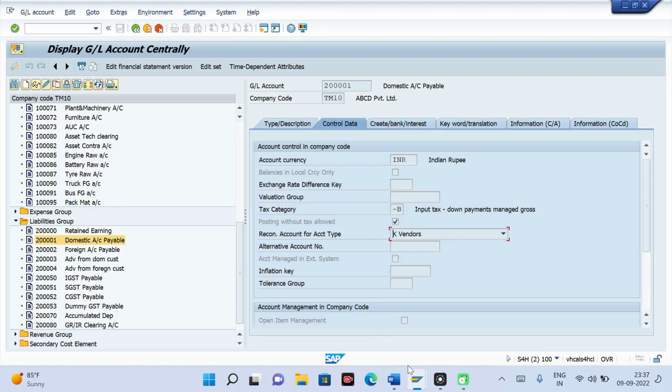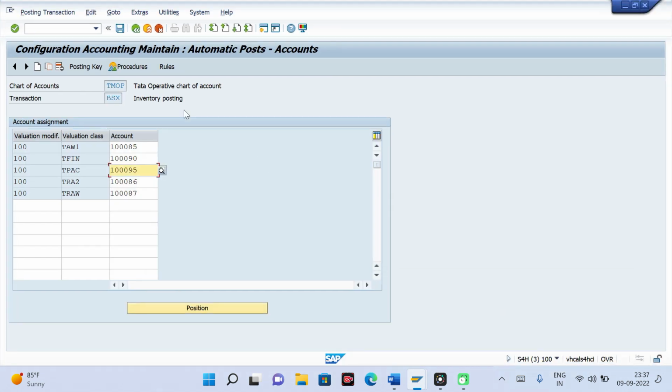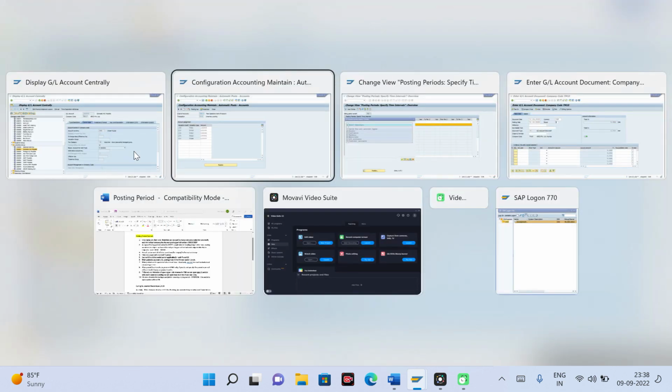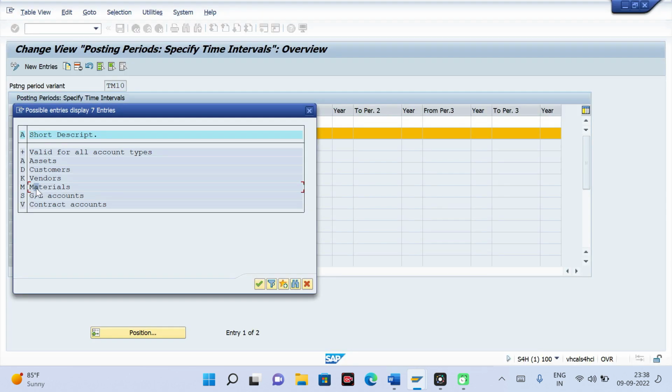Next is your material GL. All those GLs which are mapped in OBYC settings against the BSX transaction code, all those GLs are known as material GLs. So for this kind of posting, it is controlled from account type M. Except A, D, K, M, all other GLs are known as account type S GLs.